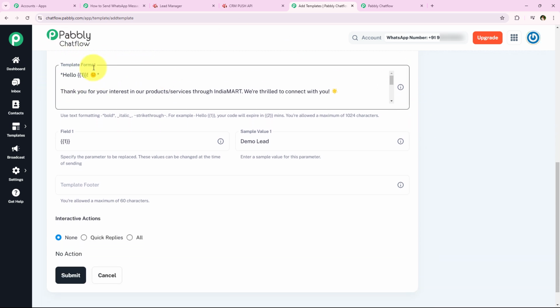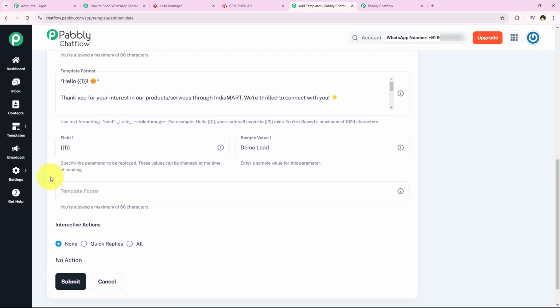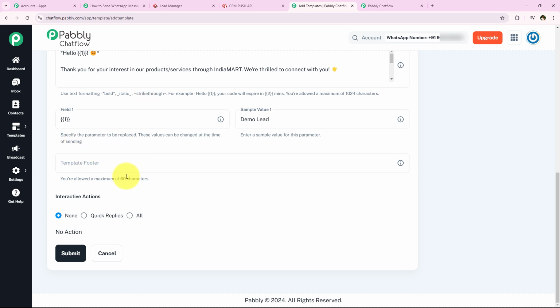Over here I've entered only a single variable. If you wish, you can definitely add multiple variables right over here. All right, we are going to move on forward. It is asking me for the template footer. So if you wish, you can definitely add a template footer right over here, but I don't wish to add one, so I'm just going to leave it blank. And now it is giving me the option of interactive actions, which is quick replies and many other things. As you can see, I don't want to add any, so I'm just going to keep it as none